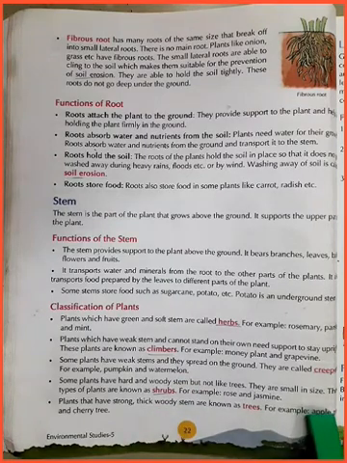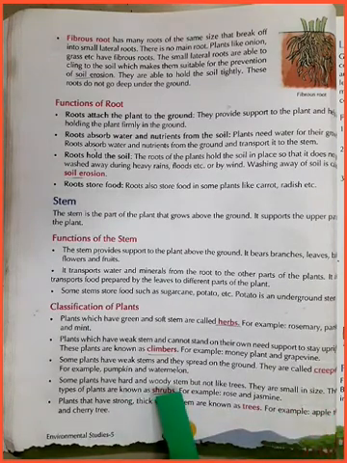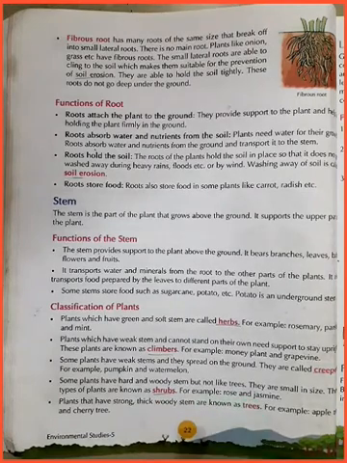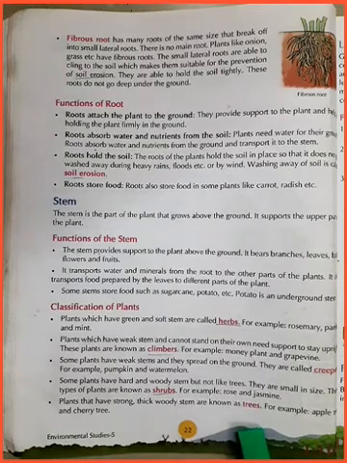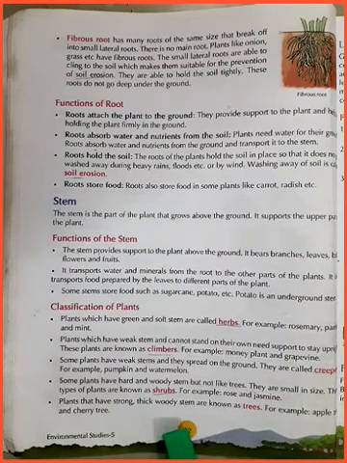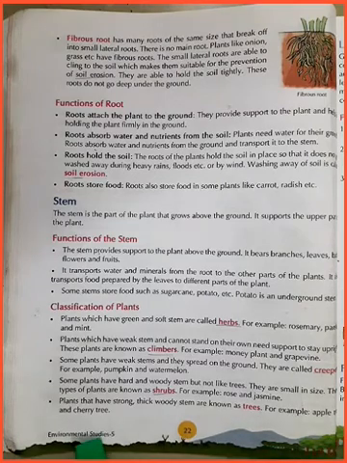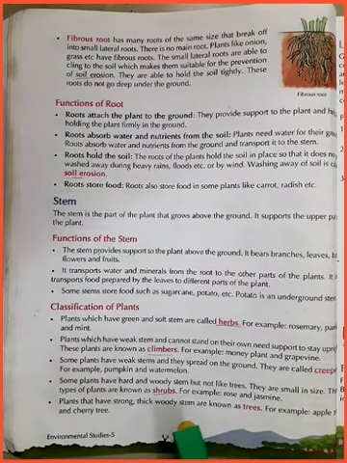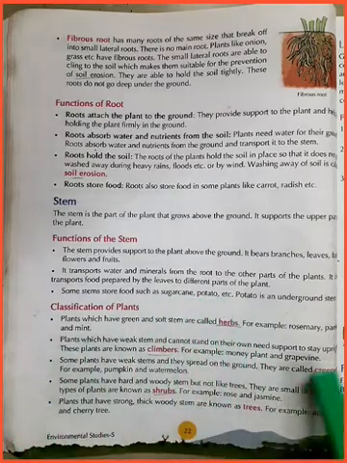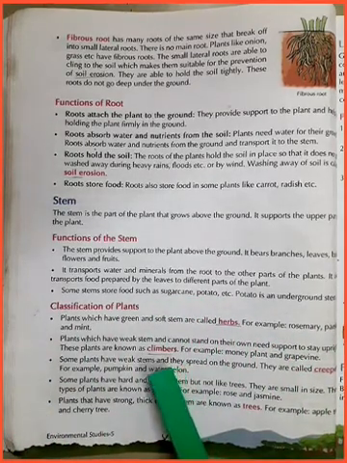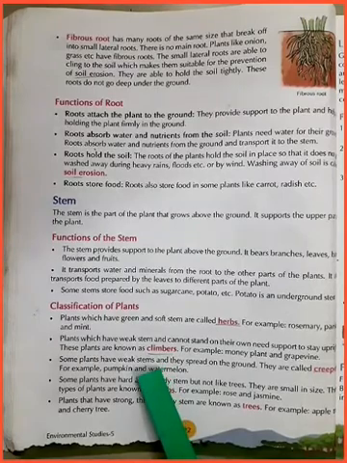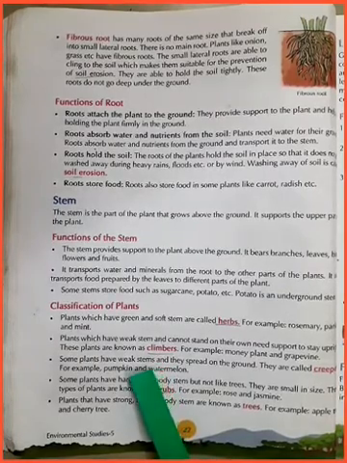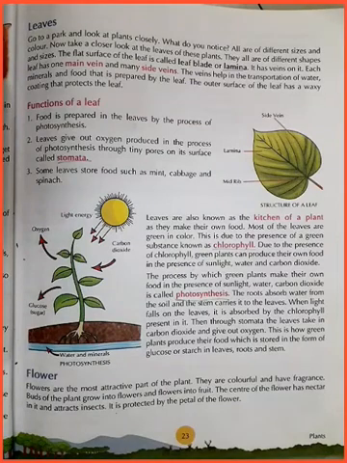Shrubs are very small in size. They have hard and woody stems but not like trees, like rose and jasmine. Next is trees. Trees are tall, with strong and woody stems, like apple tree, cherry tree, many more trees. This you can experience in your garden. You can go for a nature walk to experience different types of plants, different parts of plants.